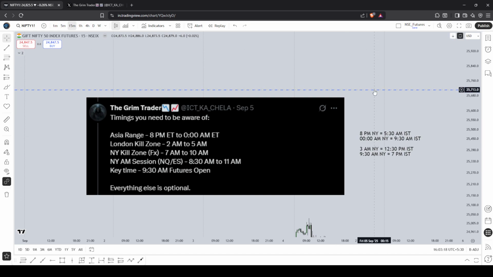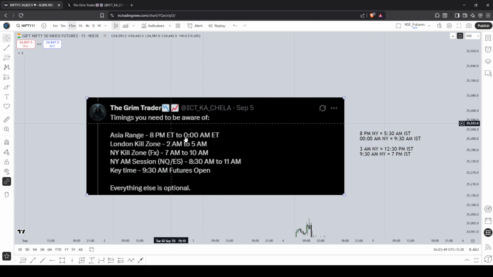For starters, you need to know about the time of day. And yes, the global algorithms run on New York time. So that is going to have a great deal of influence over the Indian markets. But it is not going to be the only determining factor. Since we're operating in India on the Indian market, the opening time and the Indian market news releases are going to be just as important, especially if you want to trade intraday.